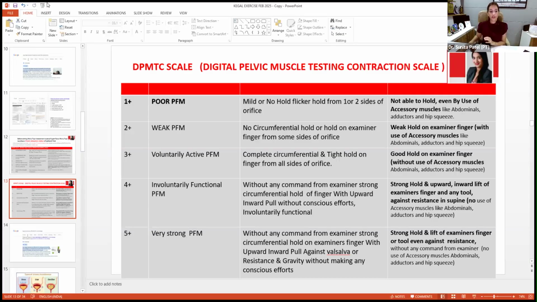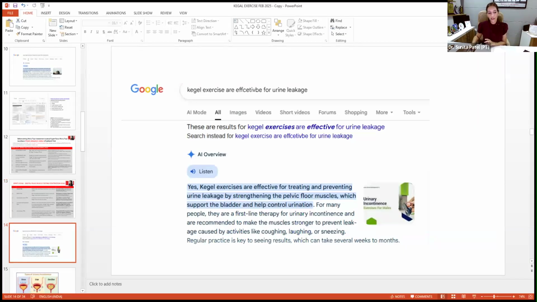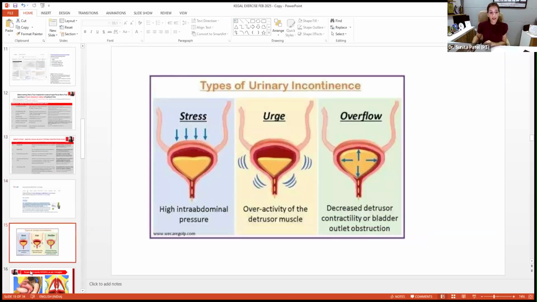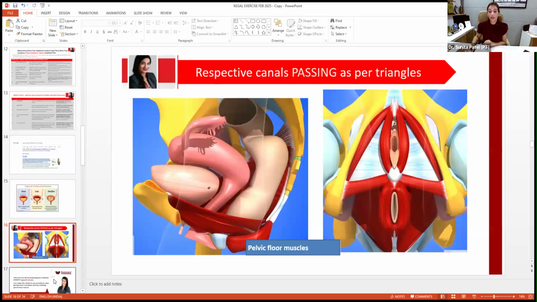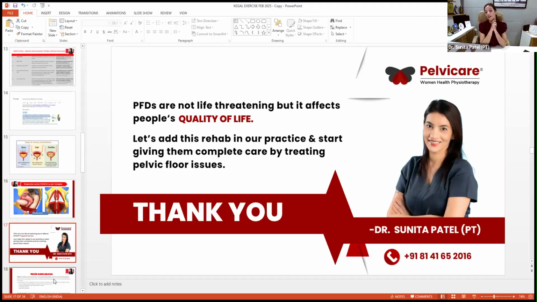Understood, all of you? So that was my session of the day. Do not believe what Google tells you, and even the books. It is very important to understand the depth of your pelvic floor. I know pelvic floor dysfunctions are not life threatening, but they affect people's quality of life. If someone is leaking, not having good sexual activity, has a prolapse, leakage of stool, vaginismus, tight muscles, can't have penetration inside the vagina, it might affect their fertility.